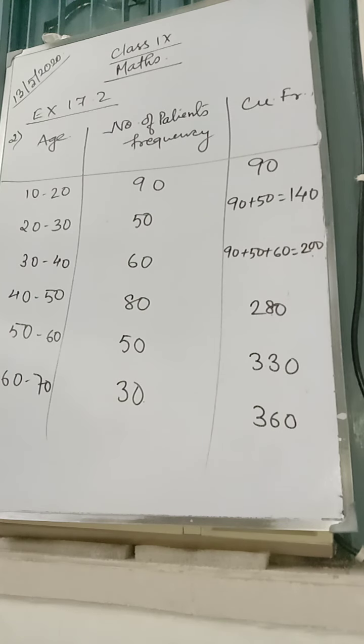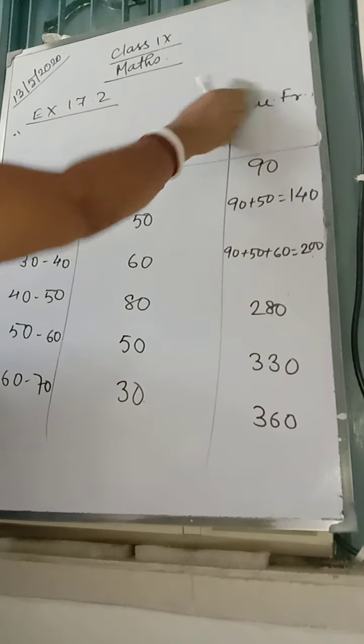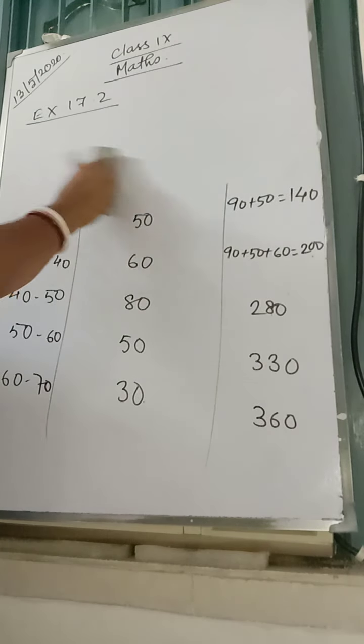Now question number 3. The electricity bill for 45 houses in a particular locality are given below. Tabulate the given data and present it as a cumulative frequency table with one of the classes being 300 to 450. It means the width of class, the class size is 150. We have to see the minimum data which is there. That is 156 we can see. So we have to start it from 150 to 300. Is it? Because the width is 150.